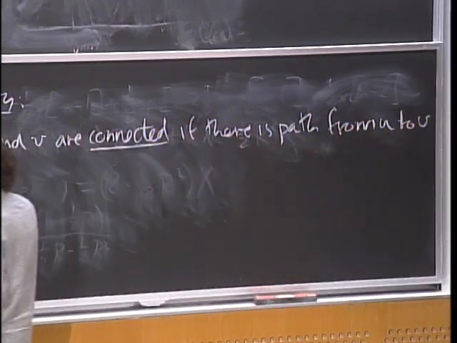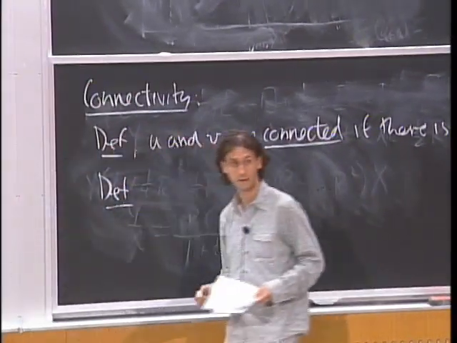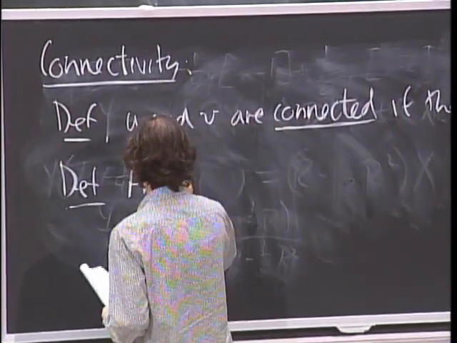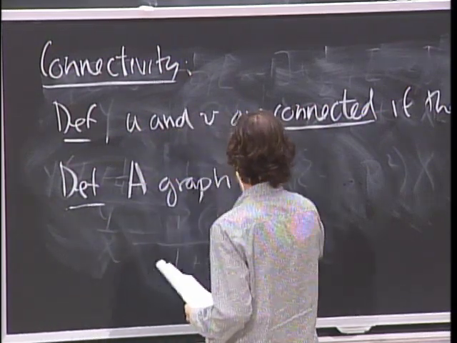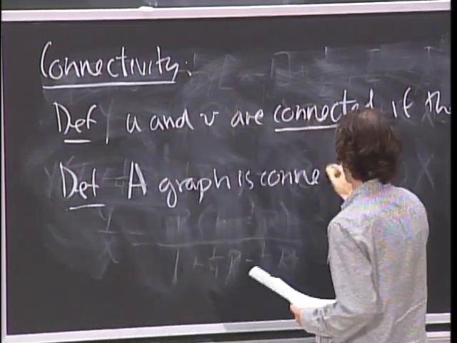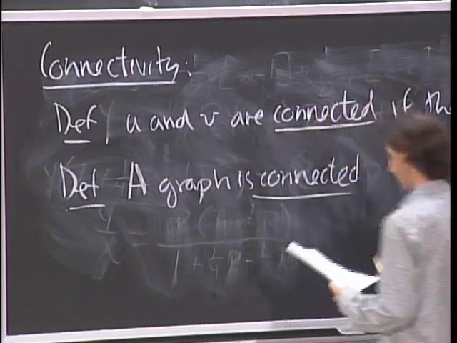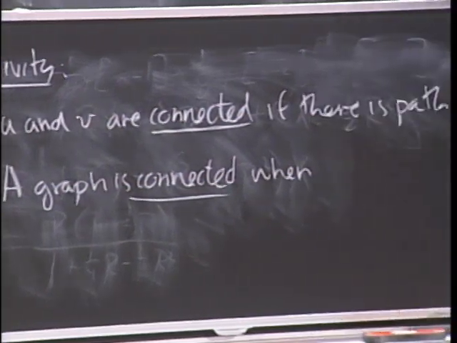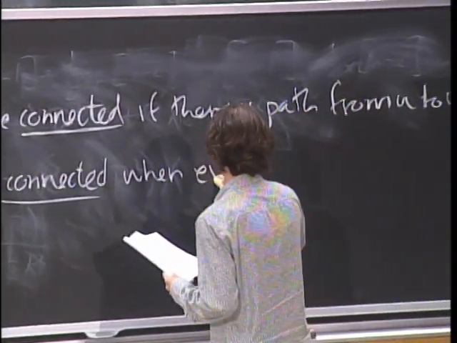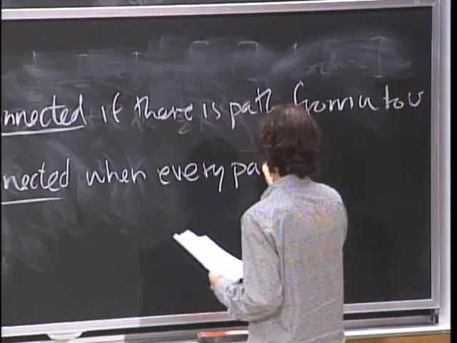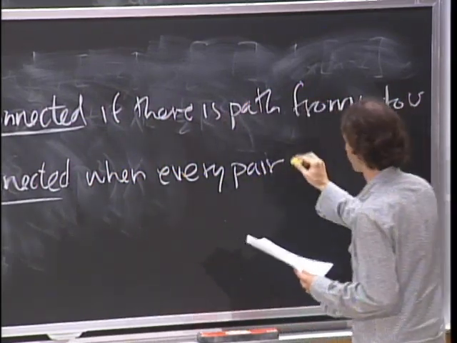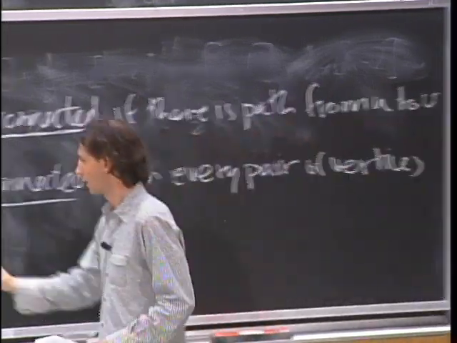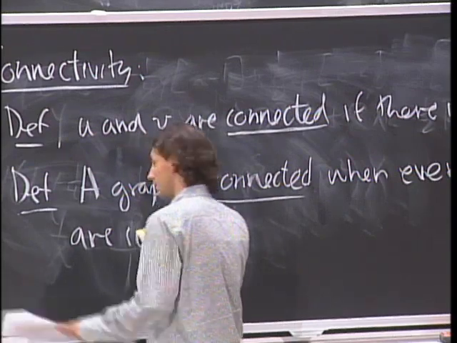And now we can talk about graphs that are connected. That's a very important concept. A graph is connected if every pair of vertices is connected. So when every pair of vertices in the graph are connected. So an example is that particular graph